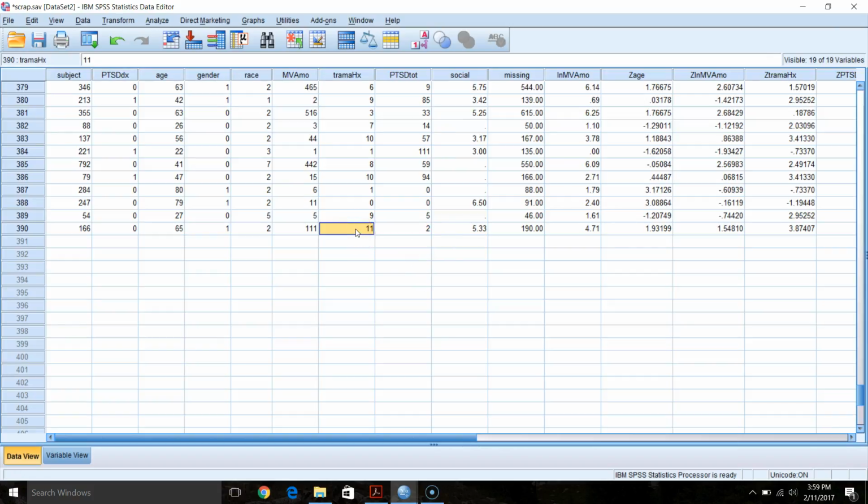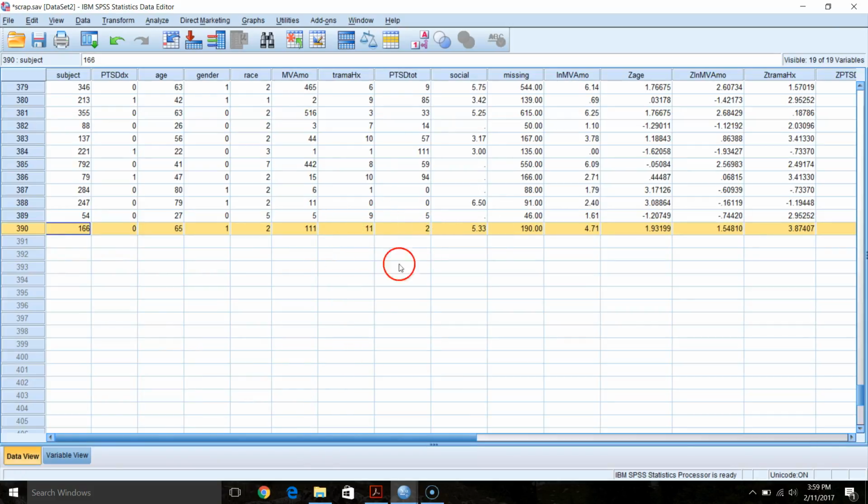With this type of trauma load, what the model is probably doing is expecting this person to have a whole lot more symptoms than a score of 2. Basically no scores, right? So what's going on is not only does this case have a high level of trauma history, it's got relatively no PTSD symptoms, right? So the combination of high trauma history and virtually 0 severity is what's causing this case to be